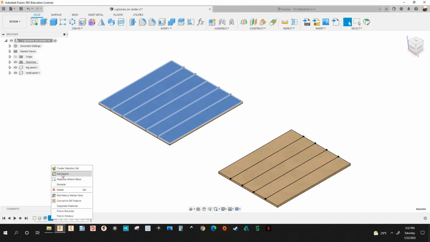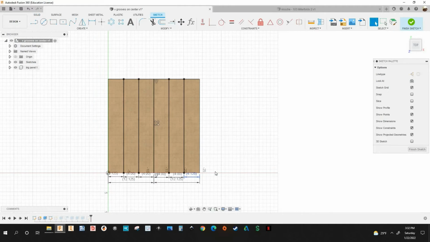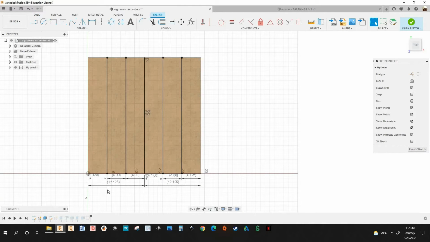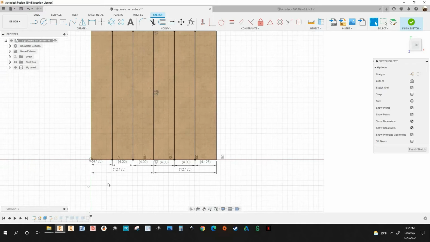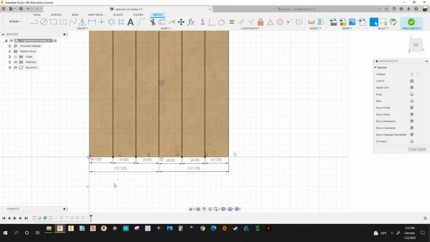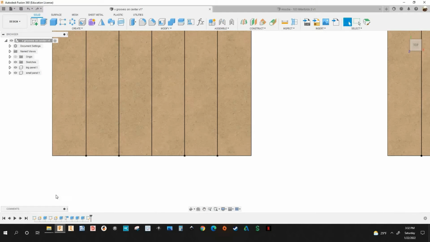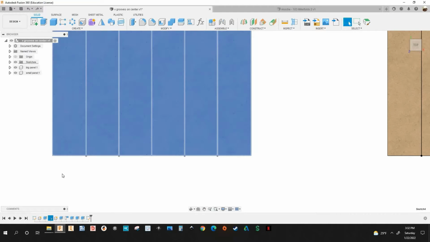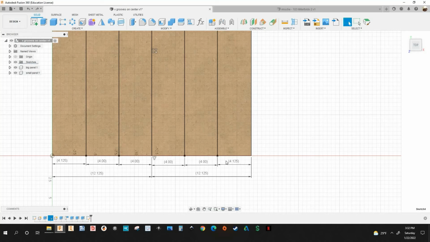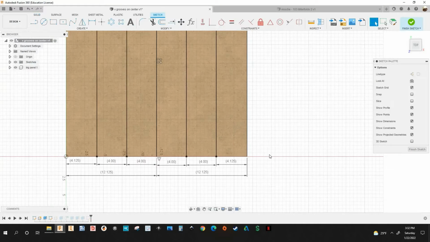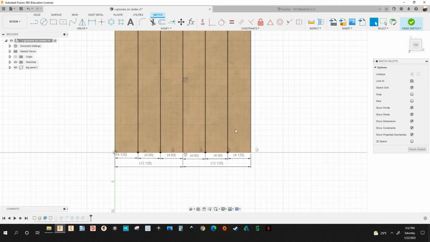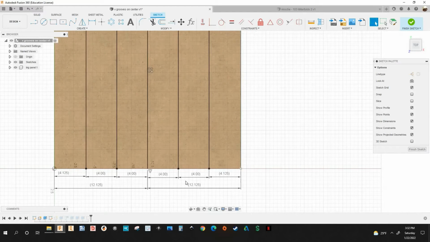Then I created a sketch on this top face, and then I drew the lines here. They wanted 6 equal spaces. Oops, I'm going to go back to that. Right click, edit. So he wanted 6 equal spaces,